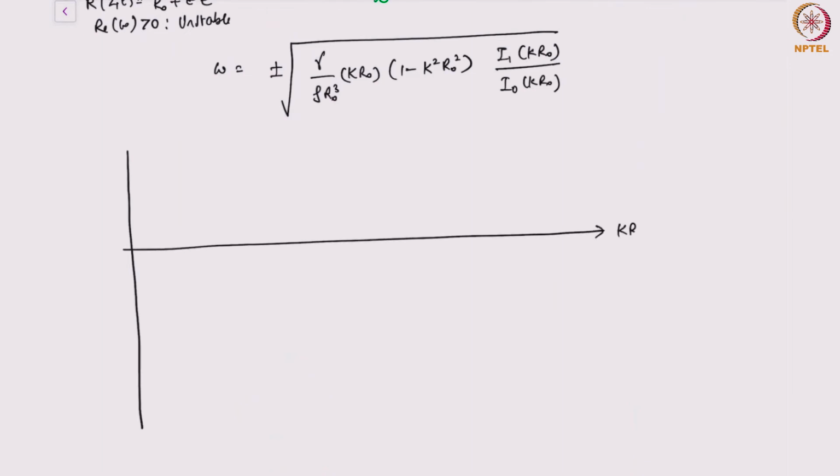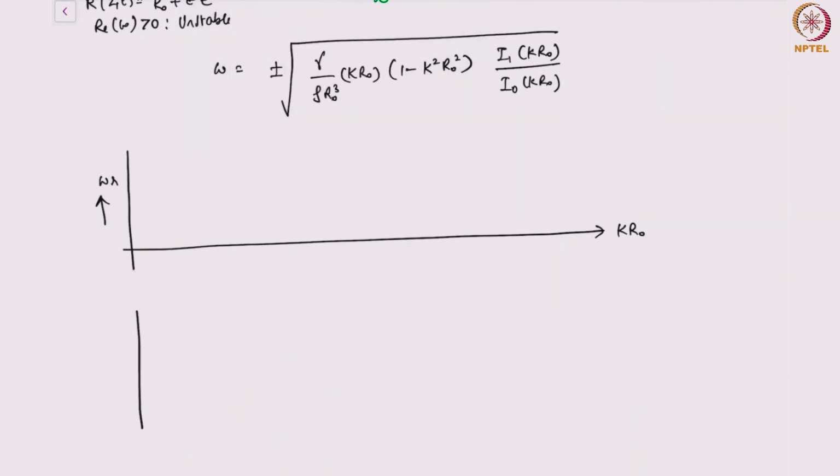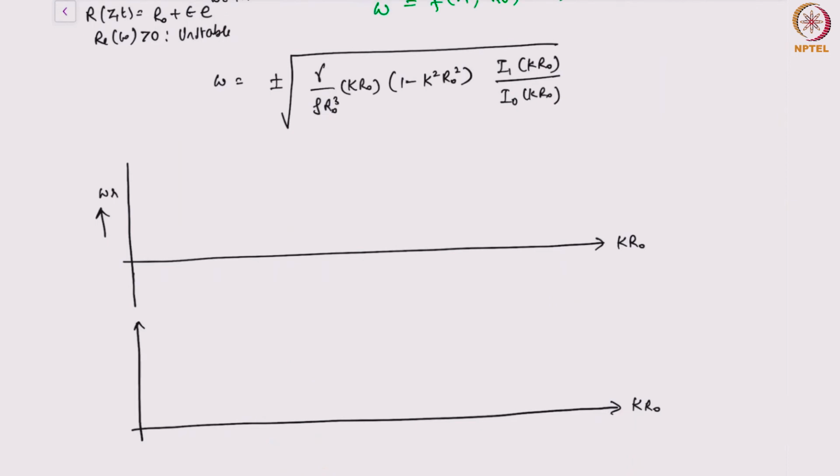I have k r naught. I want to plot the real part of omega here, and I want to plot the imaginary part of omega here. Okay. So the real part of omega, if you can clearly see this expression, it's for k r naught